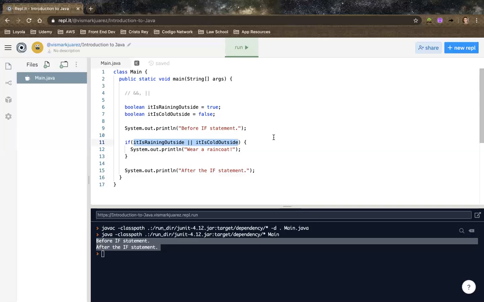An or statement will return true when at least one of the conditions is true. So if it is raining outside or it is cold outside, return true and execute this code. Okay. If it is raining outside or it is cold outside, run the code inside of the if statement's body. So in this case, let's see if I run this, this should return true. So this whole conditional here should return true because